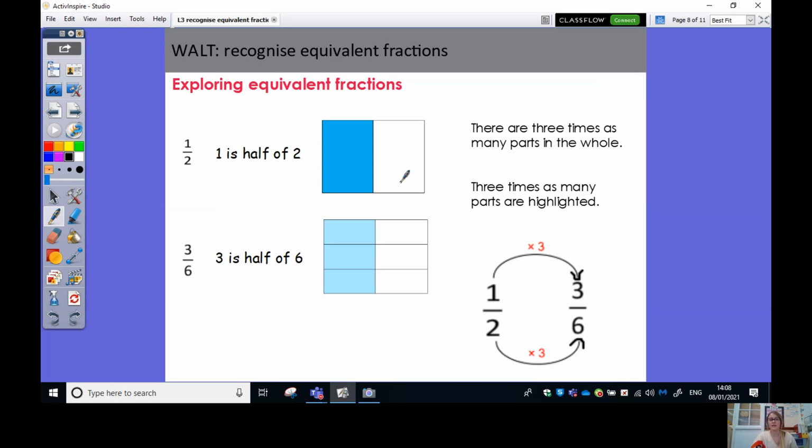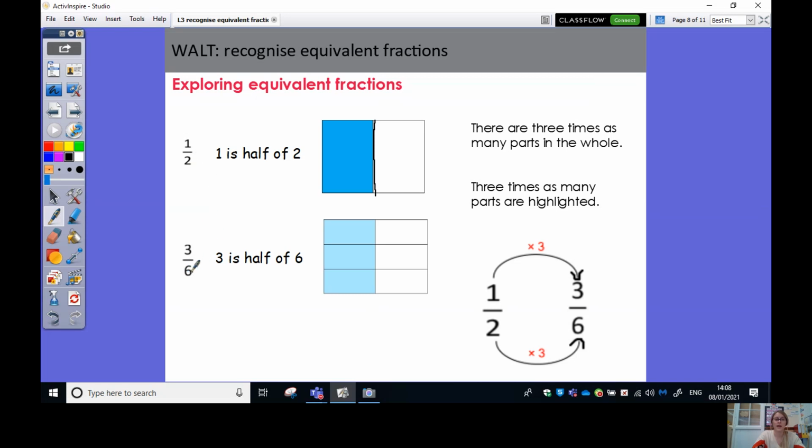So if we look at them in the representations, both of my squares here are the same size, okay, but this one has been split into 2, okay. One of the halves is coloured in, so that is showing me 1/2. In the next representation, it's split into 6 equal parts because I'm representing in 6 this time to show 3/6, and 3 of them are shaded. So there are 3 times as many parts in the second picture as in the whole, because this one is 2 and this one is 6,